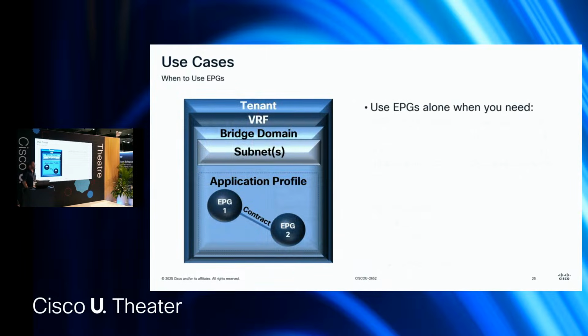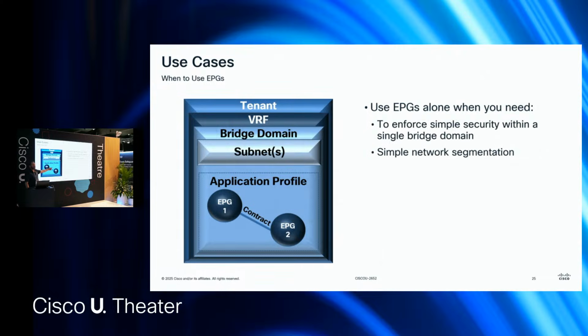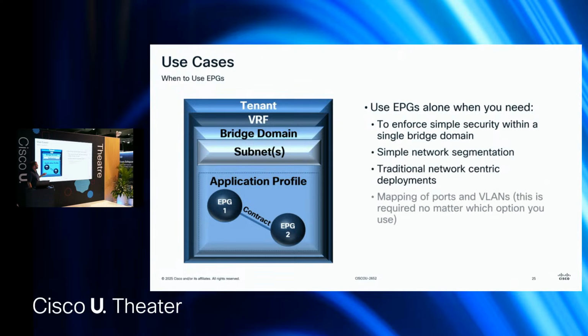But when would you use EPGs? When you want to keep things simple. If you're using a pure application network centric approach, it's probably easier in some ways. If you only have it for a single bridge domain, it's mainly for simplicity's sake. But if you have a lot of contracts and TCAM being consumed, it makes sense to do the ESGs. But security is pretty straightforward.